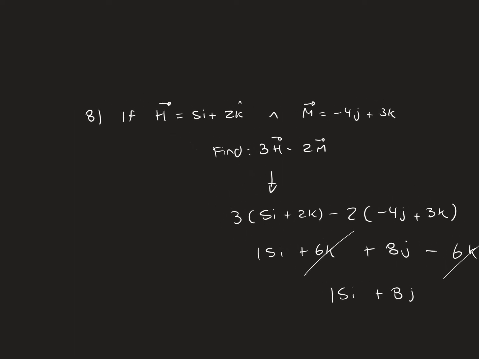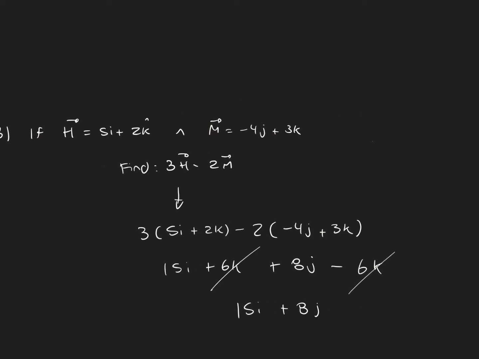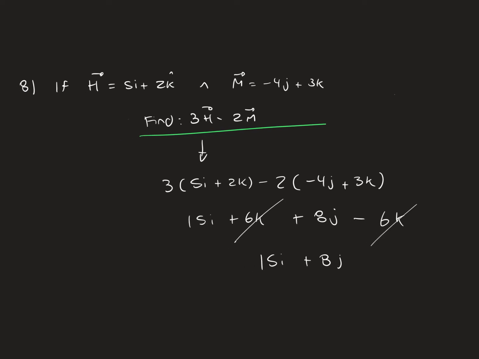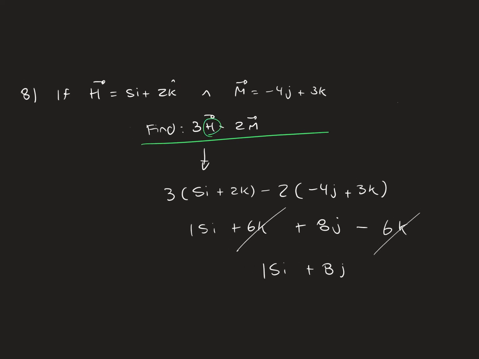So in this question 8, we've got: if the vector h is equal to 5i plus 2k, and the vector n is minus 4j plus 3k, we're just going to find 3h minus 2n. So we're just going to plug in the value of h right here, and we're going to do the same